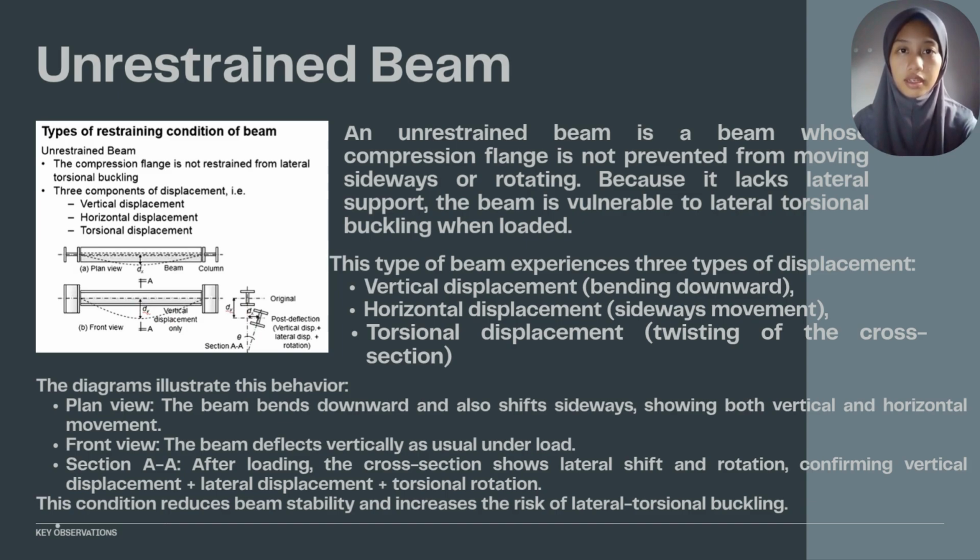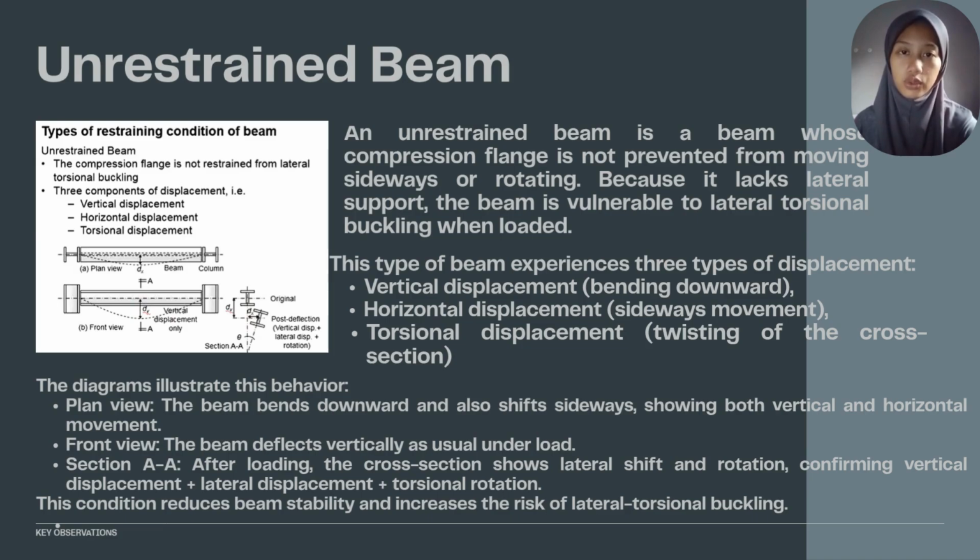This type of beam experiences three types of displacement. First, vertical displacement, bending downward. Horizontal displacement, sideways movement. Torsional displacement, twisting of the cross-section. The diagram illustrates this